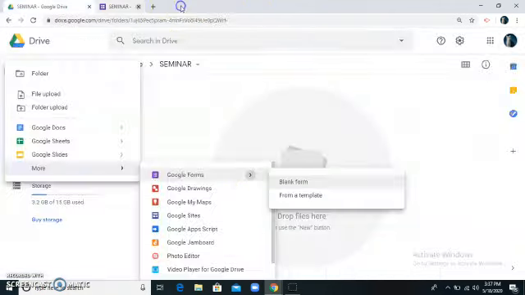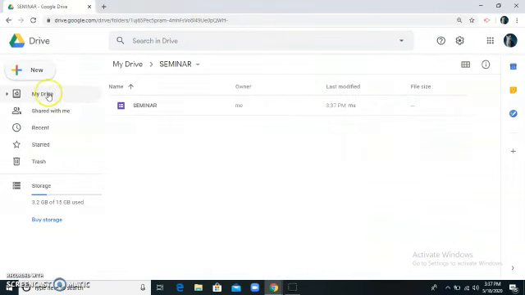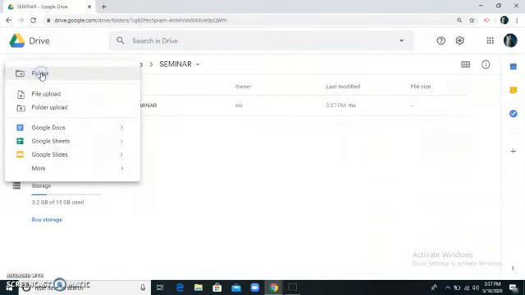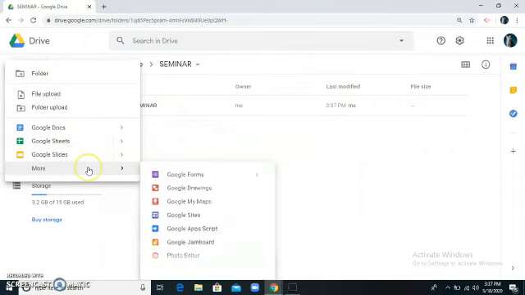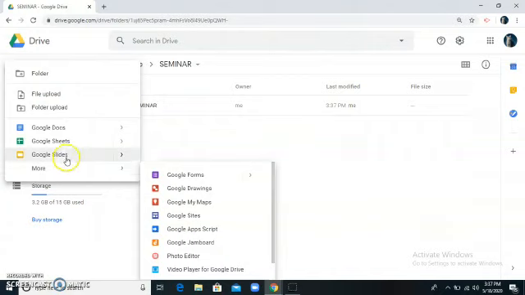Now close this form. Then I'm going to design a certificate. So click New. To design the certificate, you can do this with the help of Google Docs or Google Slides. Only a certificate designed using Google Docs or Google Slides can be merged with the form. Now go to Google Slides.